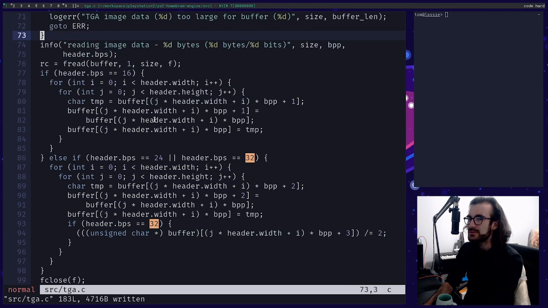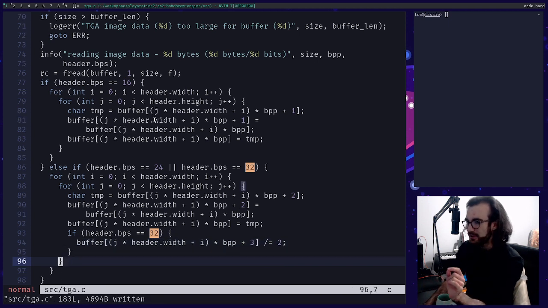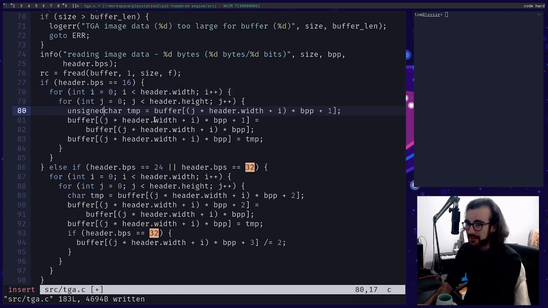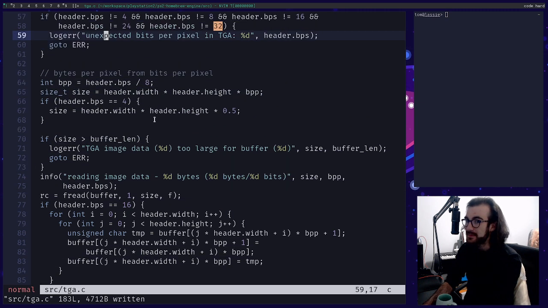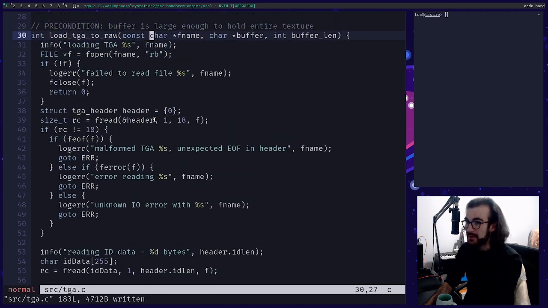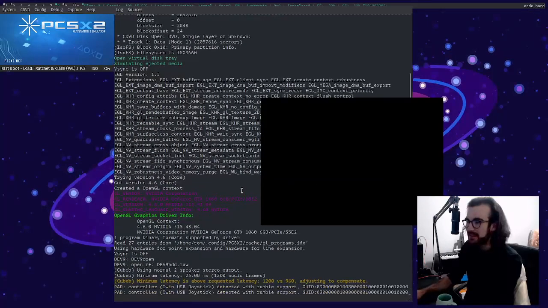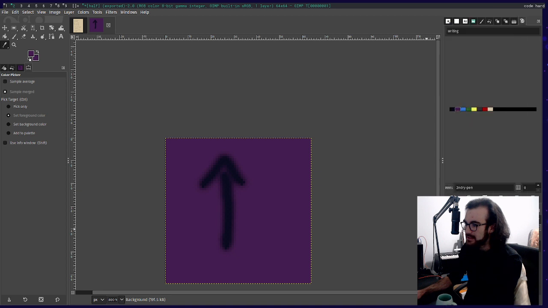In fact, what's probably better than this, because that looks disgusting. If you don't look at that and think that was a dirty hack, there's probably something wrong with you. Let's make this unsigned. And let's go back to where we define the buffer, and let's make the whole freaking buffer unsigned, okay? Where do we pass it in as an argument? Unsigned. And it's going to yell at me where I call the function, but it doesn't really matter. Let us go and make this fully opaque again.